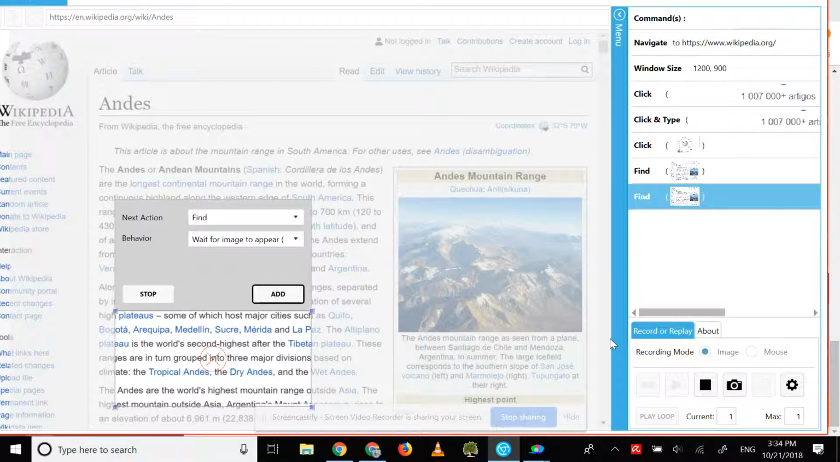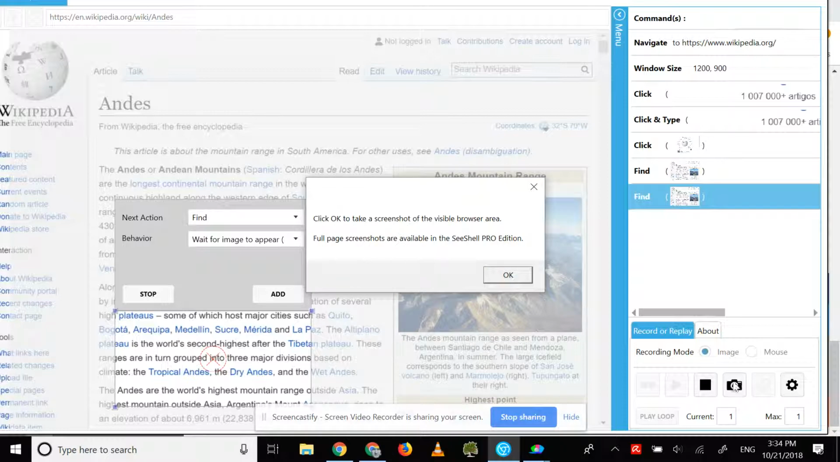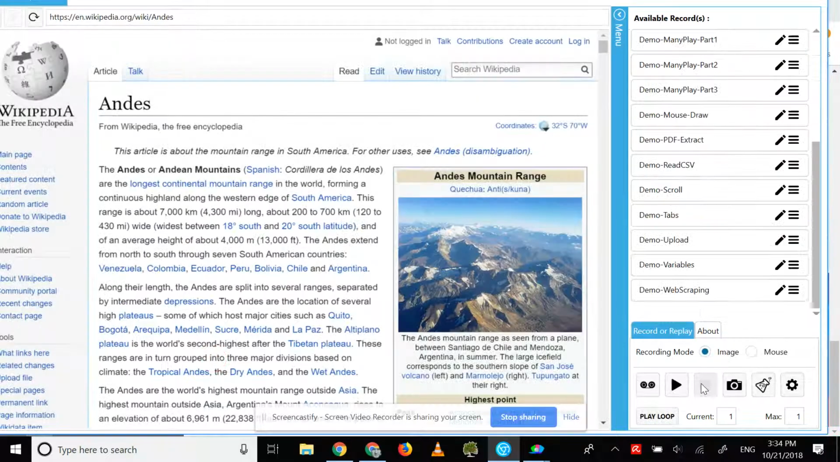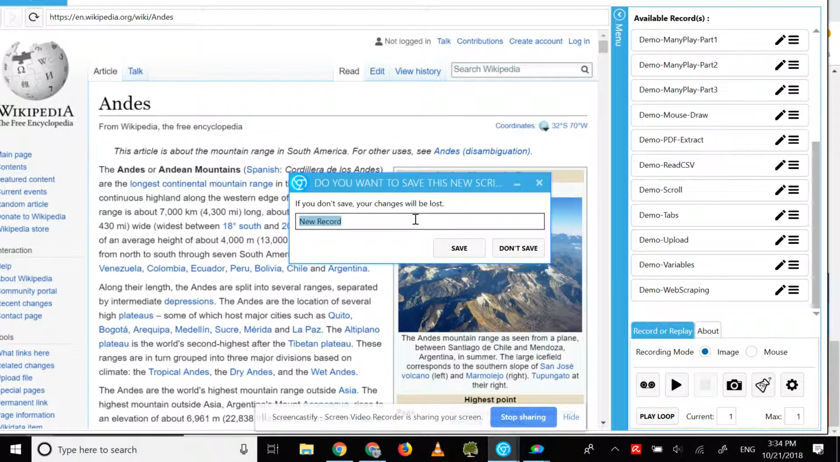And let's see, if I click on screenshot, take a screenshot, hopefully that will add to this macro list over here. Click OK to take a screenshot of the visible browser area, full page available in Seashell, blah. Okay, so that should do it, I guess. Stop, and we'll call this first use,